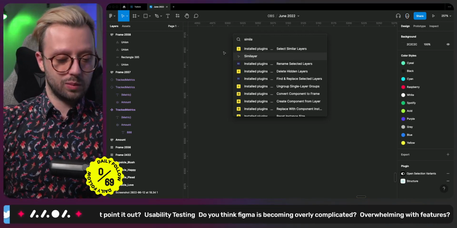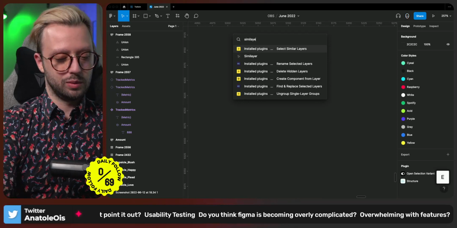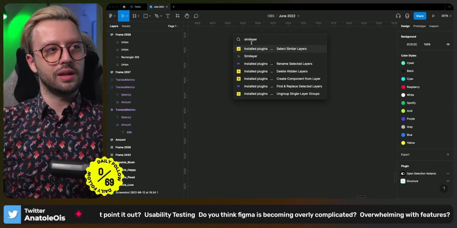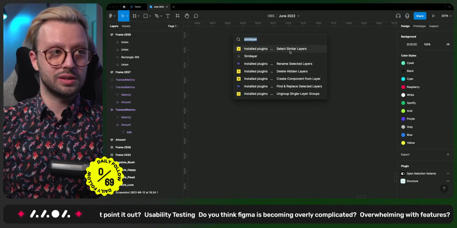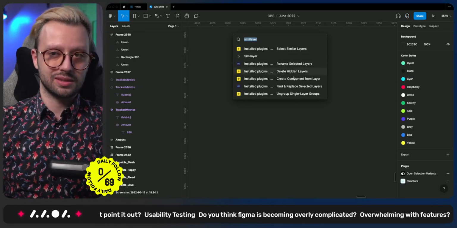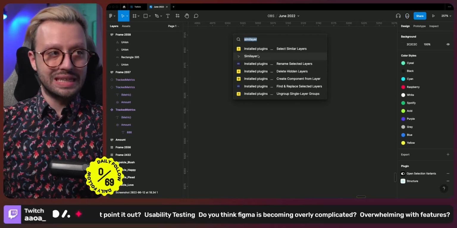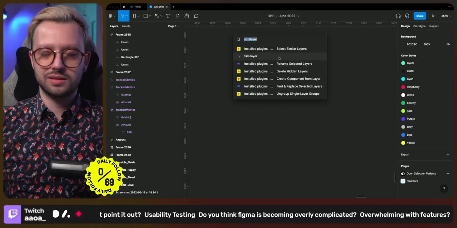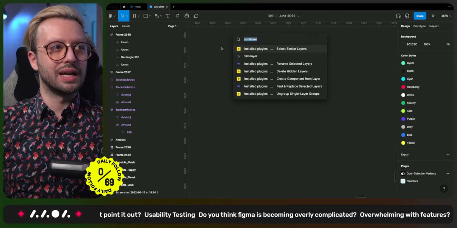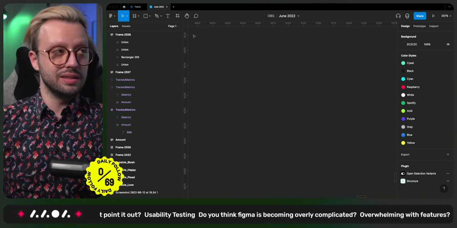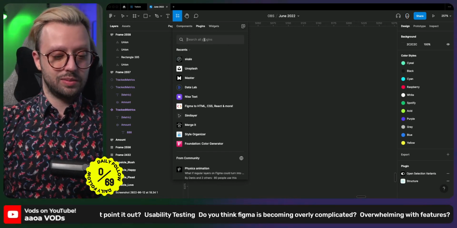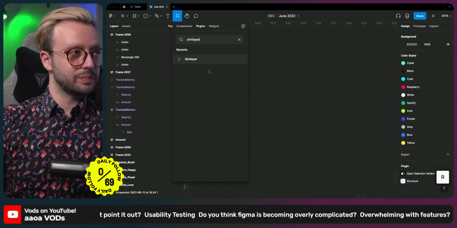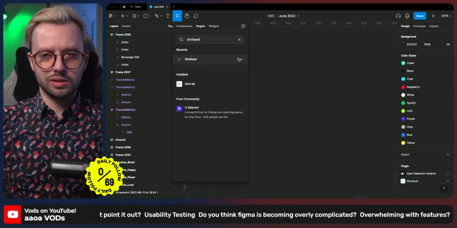Even when I typed Simulator with the right spelling, I have Simulator, not similar layers, so I shouldn't see the rest of the options. But yesterday I didn't even have this available, and I did need to go here, go in plugins, type Simulator, and then click run,